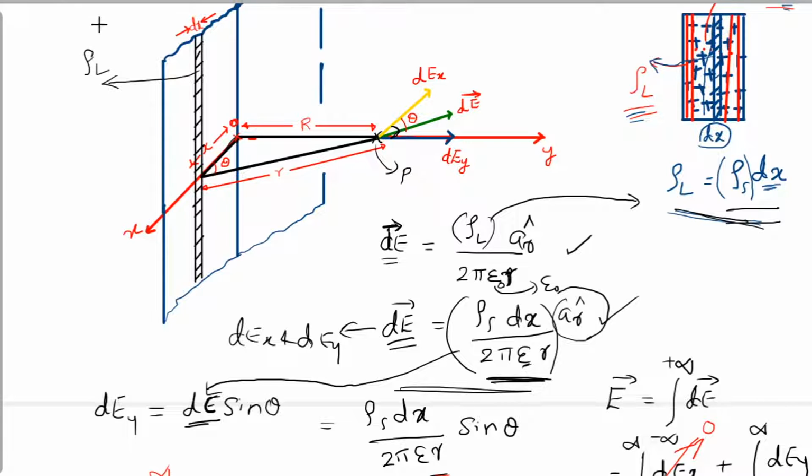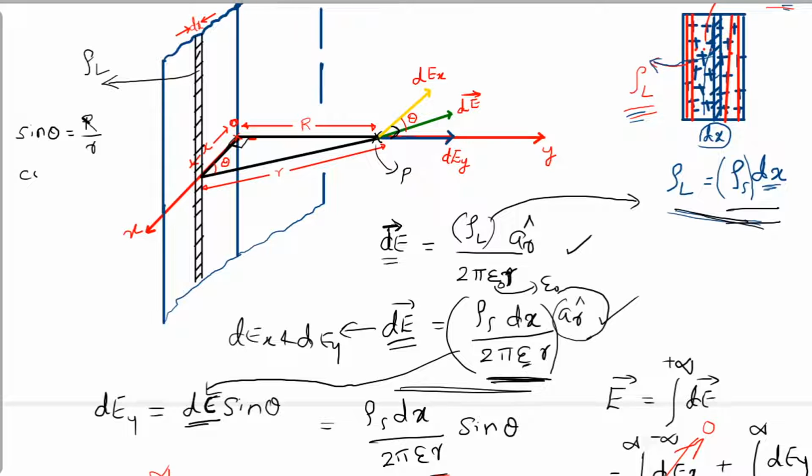Keeping that in mind, from this triangle, let me try, because I am not finding any way to get a direct relation between x and r. So I will make use of this capital R also. Let me first write what sin theta is. Remember, this is a right angle triangle. Small r is the hypotenuse. So sin theta will be the opposite side, that is capital R, by the hypotenuse, small r.